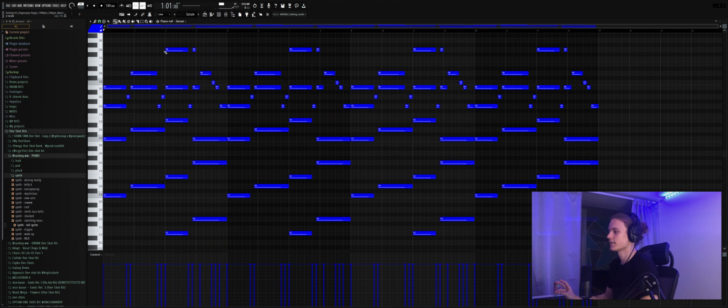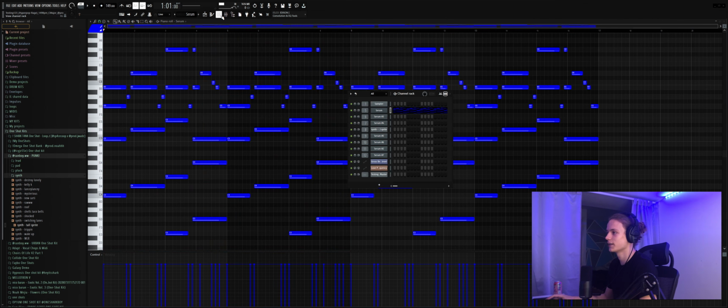So yeah, just a nice little texture, makes it really bouncy with that gate, and overall just sounds really nice. All right, and then for the next sound, which is the actual heavy chord bass of the melody,